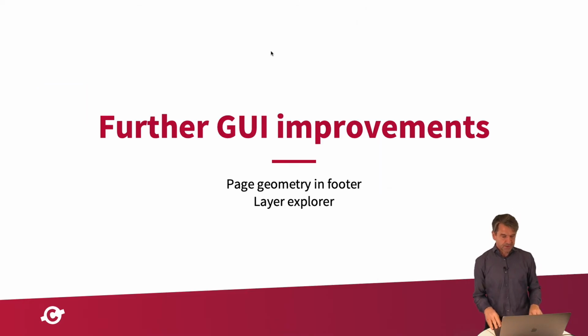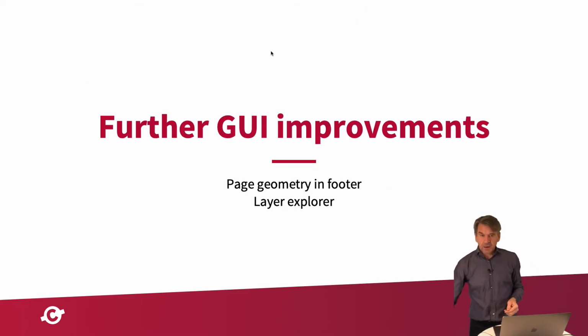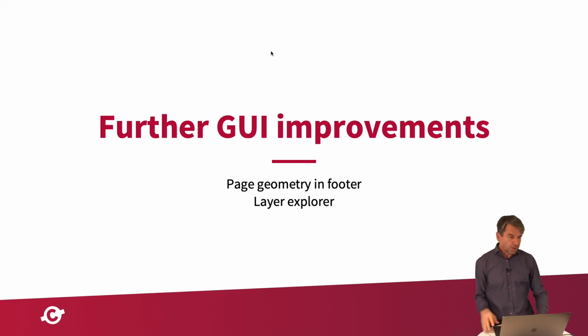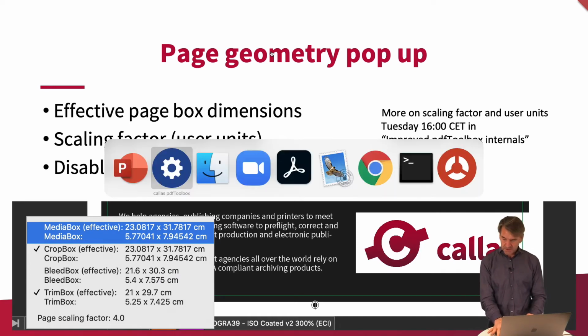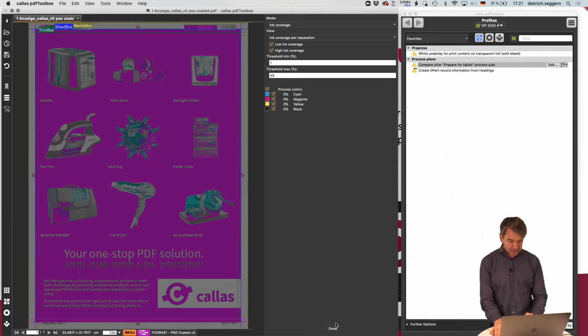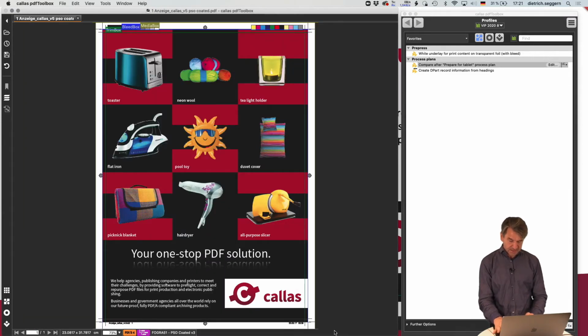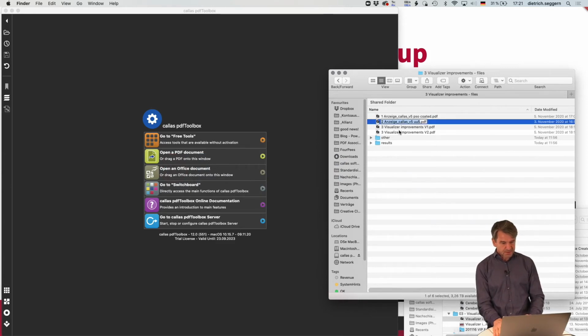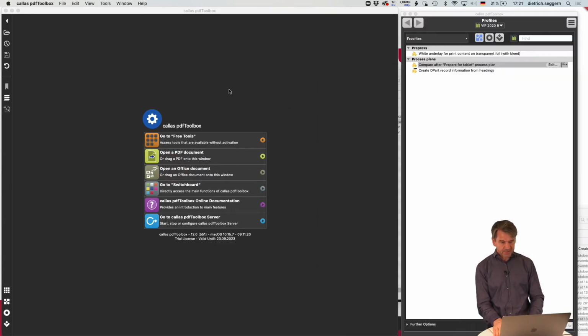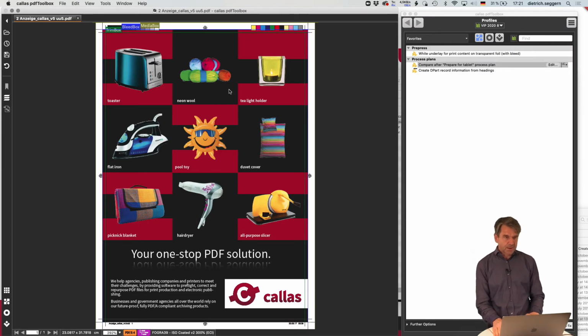Okay, then there are a few more improvements in the GUI. So let's go here, close the visualizer, and for this topic I need a different PDF file. However, it might be the same. It's looking very much the same as before. However, there's a difference. And this difference can be seen over here in the